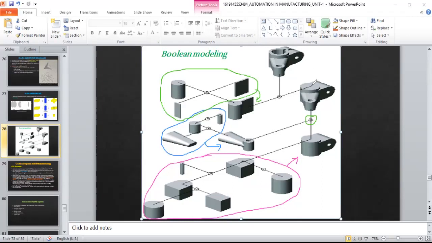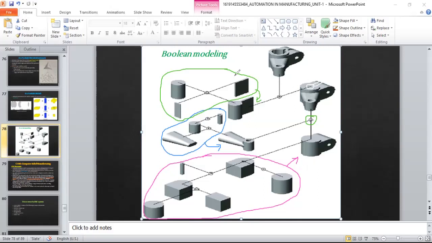Basically we're trying to cut this part here, and then that slot will go all the way through. Intersection, actually minus, not intersection again. That's how you are able to get that material out of that component.